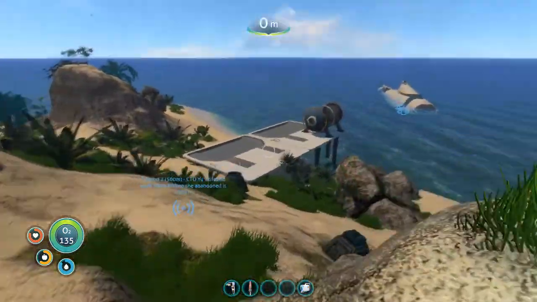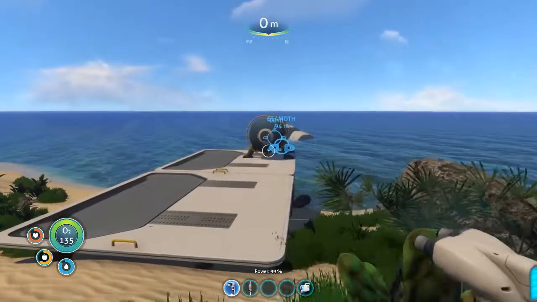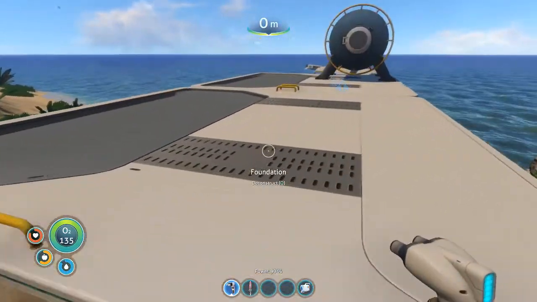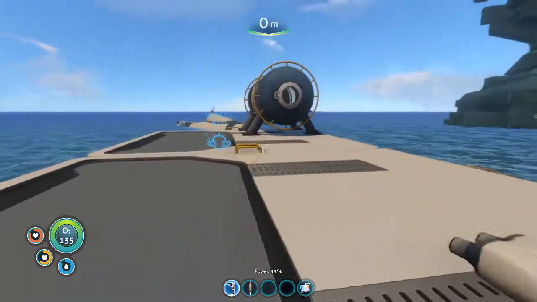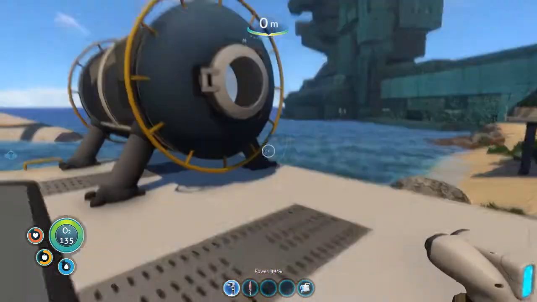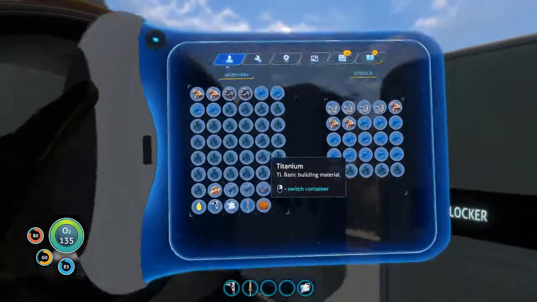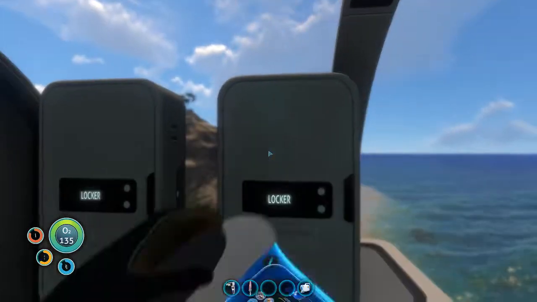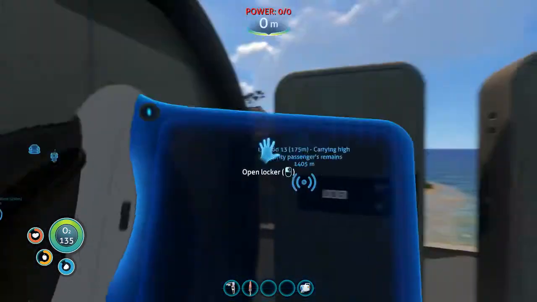So anyway, what we're going to be doing here today is building the sea base. I've been trying different kinds of options and different builds out, so I think I have what I kind of like. The only thing was I kept running out of inventory space, so I had to build these lockers to have a little bit more space. So anyway,